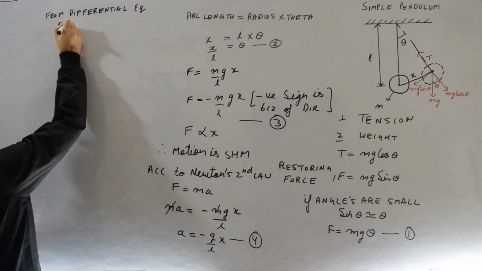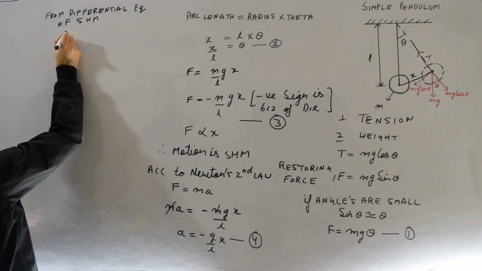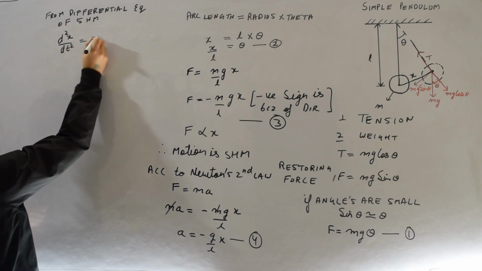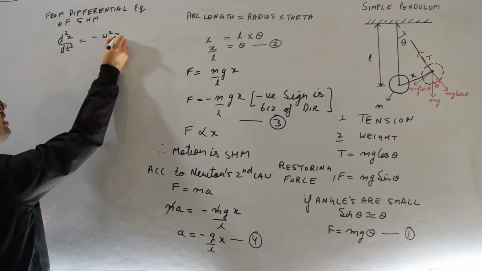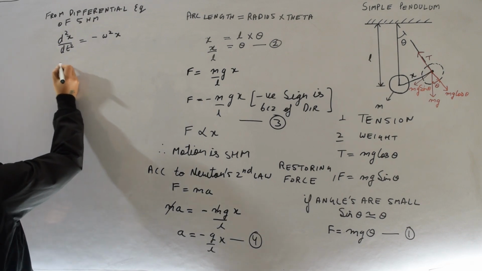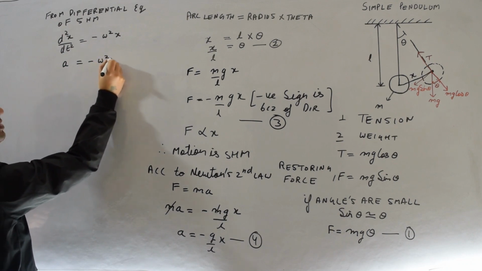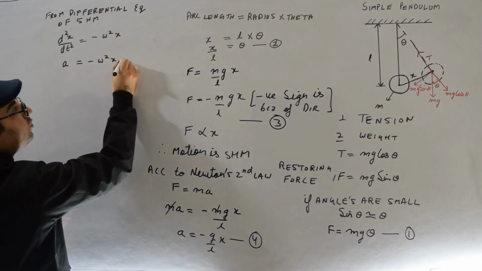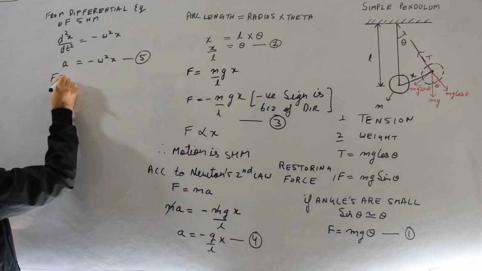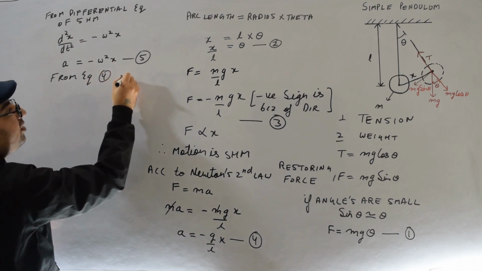We know that the second order derivative of the displacement with respect to the time is equal to minus omega square x, and the second order derivative of the displacement is the acceleration. So acceleration is equal to minus omega square x, and let me mark this as equation number 5. So from equation number 4 and 5,